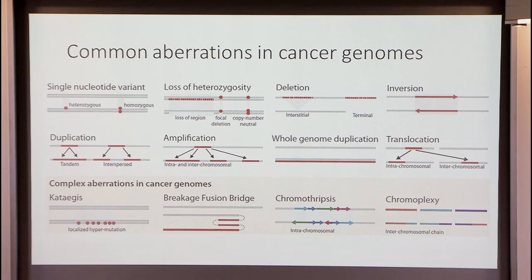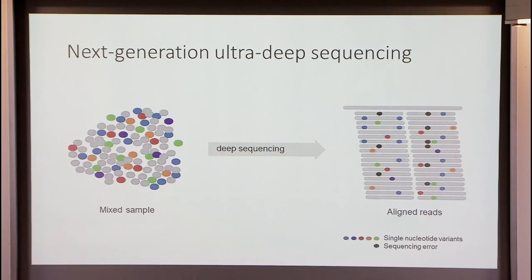So the bottom line here is that we have a lot of changes that occur in cancer genomes, and we would like, ideally, to detect all of them from the sequencing data. So far in this course, we mainly looked at SNVs, and we will also look at them here, but we will also make an effort to look at some of these other changes because they do play an important role in cancer. So let me start then with the single nucleotide variants.